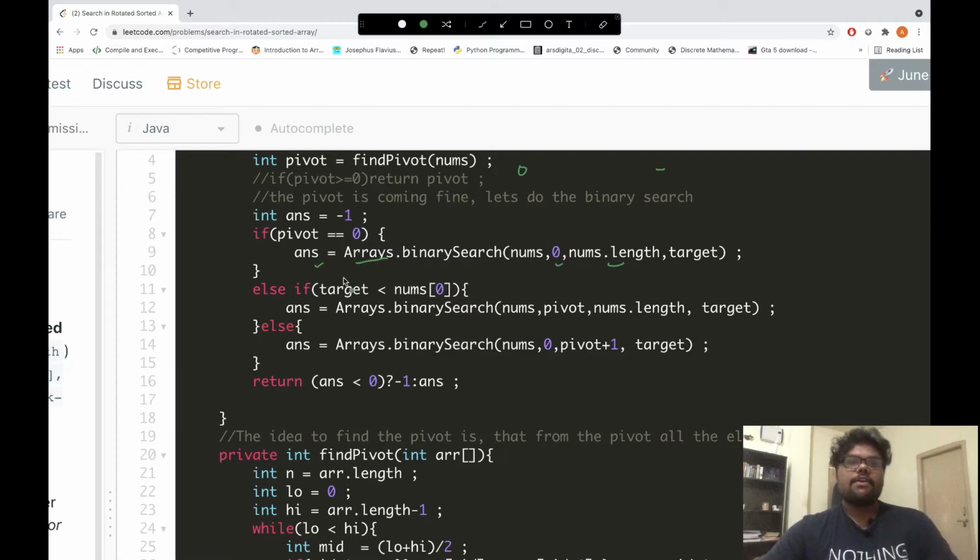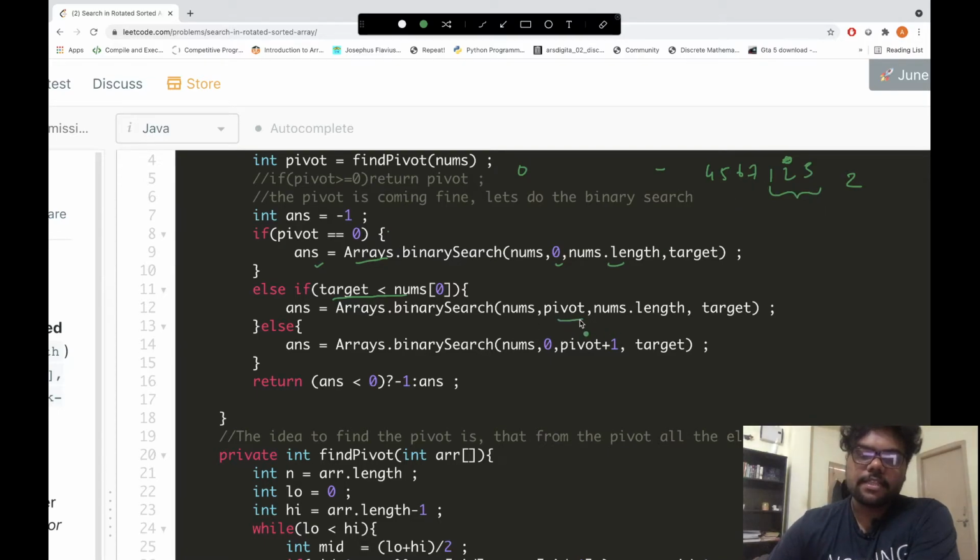Now if pivot was not 0, that means the array was rotated, right? So then we are comparing the target with nums of 0. So if target is less than nums of 0, for example, if it was 4, 5, 6, 7, 1, 2, 3, and let's say we have to find the target 2, right? So if target was less than nums of 0, we can say that it is on the later half of the array. So we need to apply binary search on the elements right of the pivot. So I have passed pivot as the initial index and nums.length as the last index to find the element,